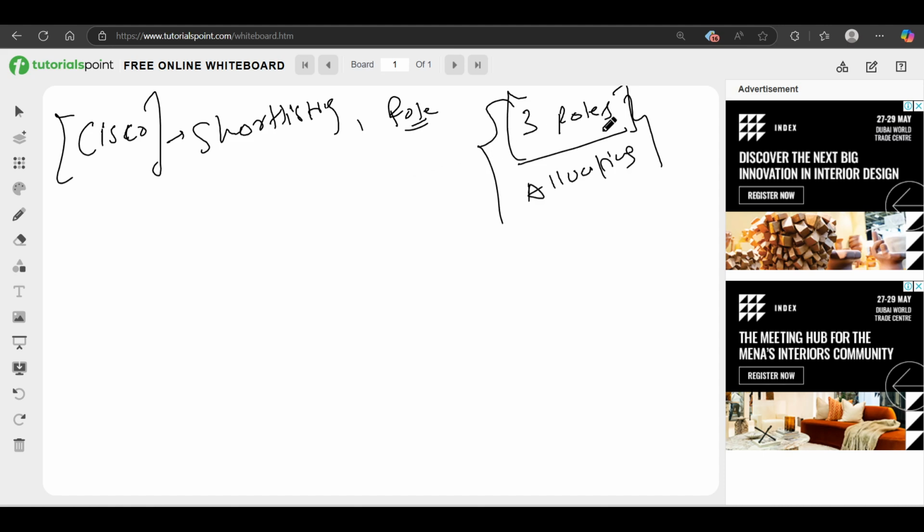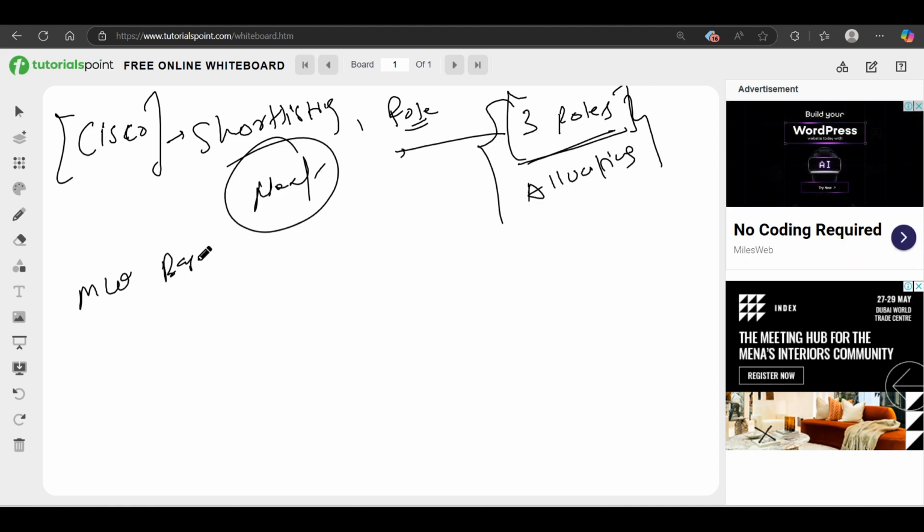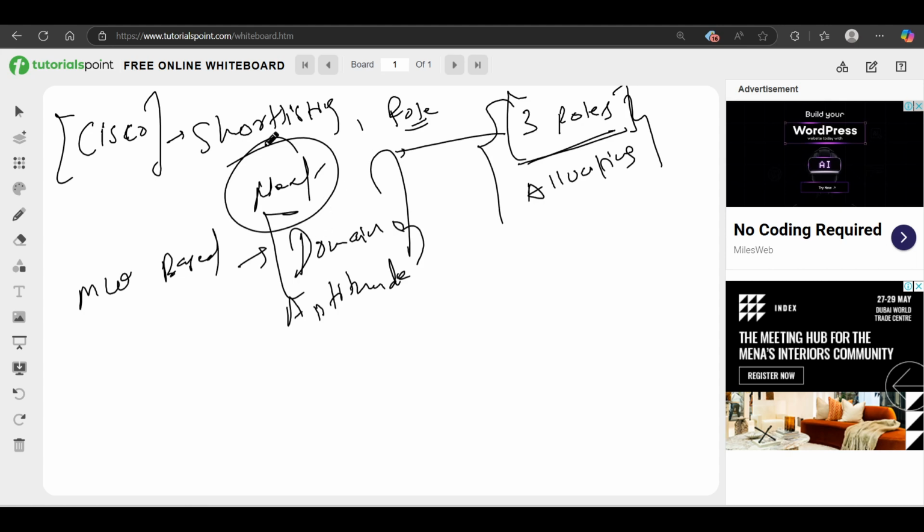Also the roles matter because in the next assessment which Cisco takes, generally it is an MCQ based assessment, and Cisco generally asks questions related to domain specific topics. There will be some aptitude questions for sure, and then there is a section for domain based questions, which is basically the role which you have decided. Suppose you are going with the software role, then there will be questions related to software only, like SDLC and some basic programming questions.